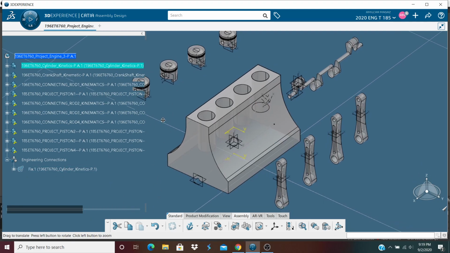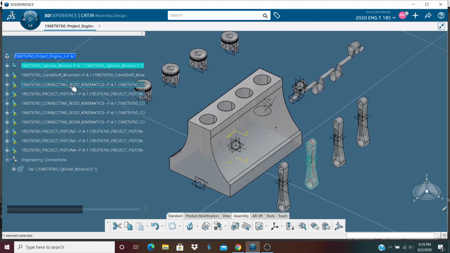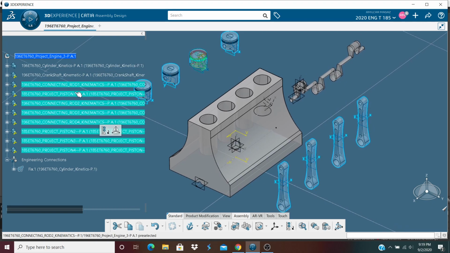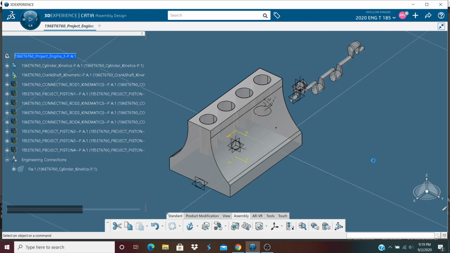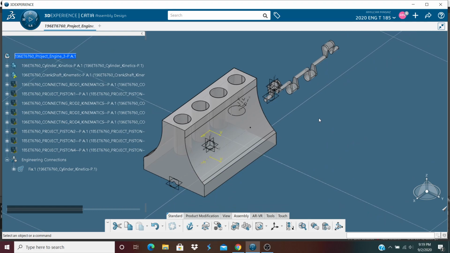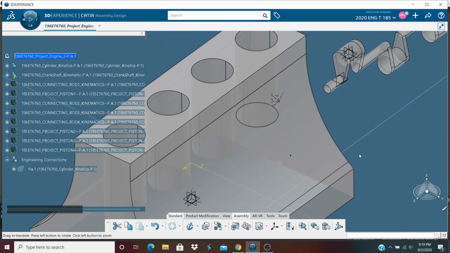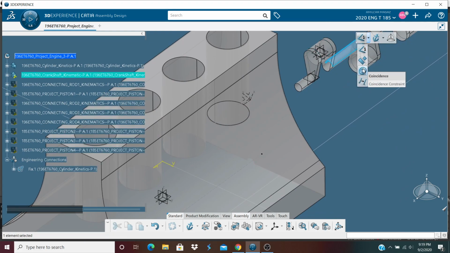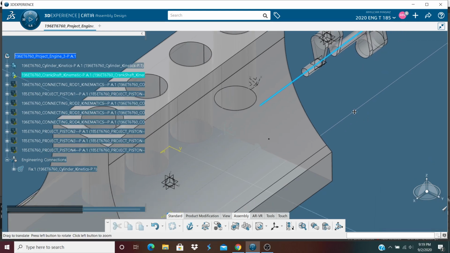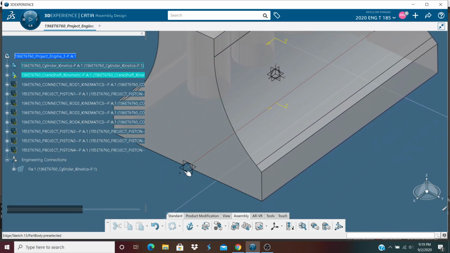The second thing that we do is get rid of the rest of the parts so they won't be in the middle. We hide them and we start doing the assembly of the parts, starting with the crankshaft. We want to move the crankshaft from its current location to the 0 position where